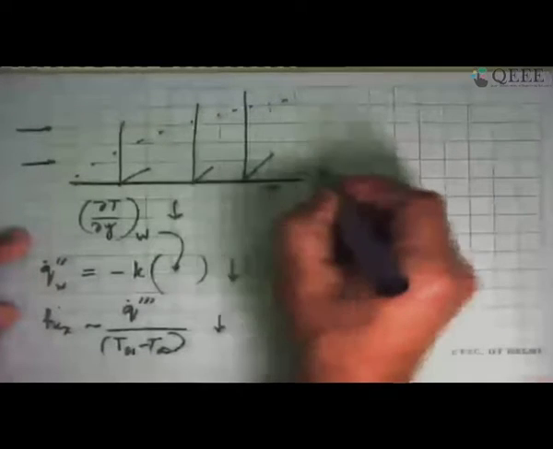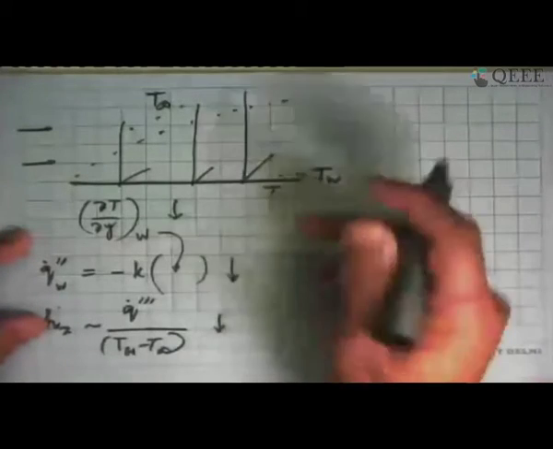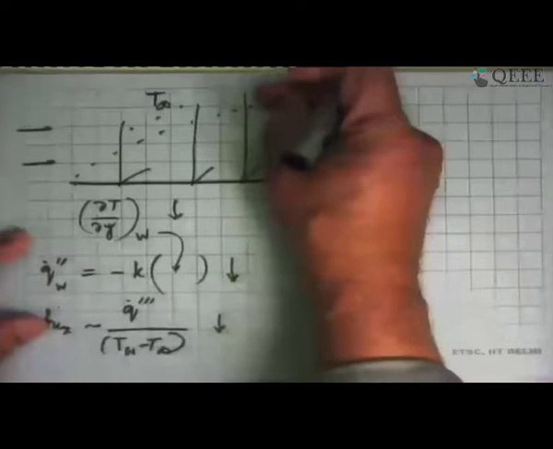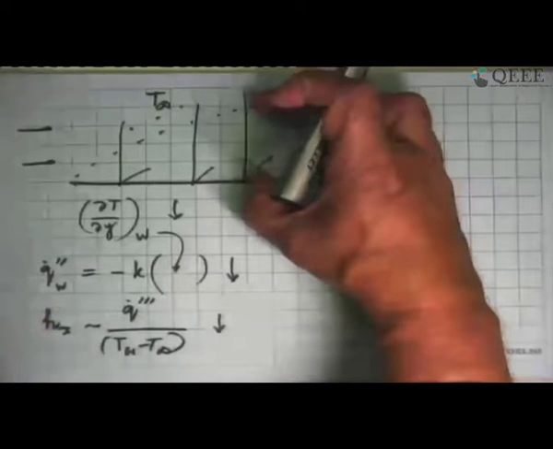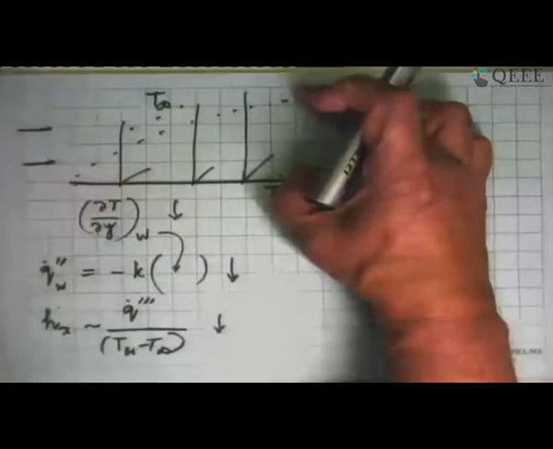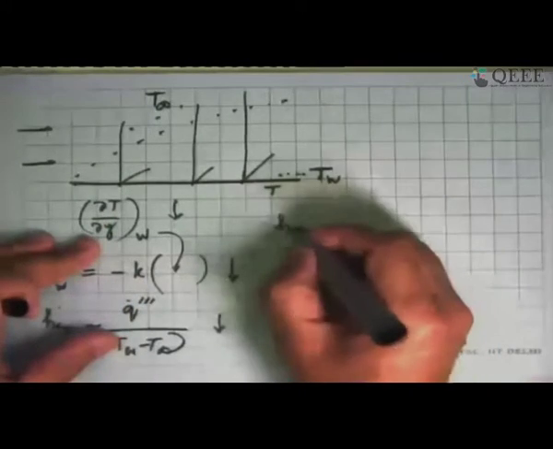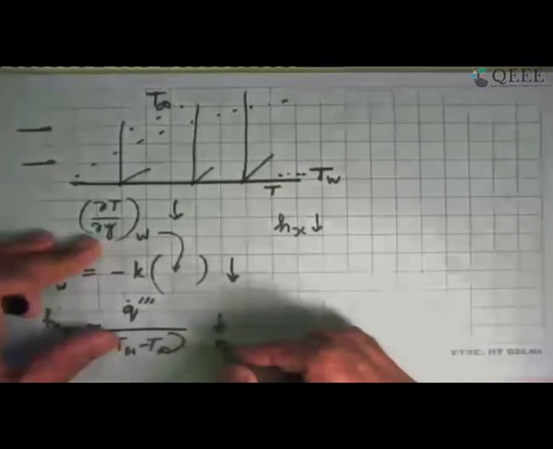A qualitative way of looking at it is that here you have fluid close to the plate at the wall temperature Tw. Far away here you have fluid at this temperature. This energy has to go from here to here, so it has to overcome this boundary layer barrier. Here the barrier is smaller, here it is bigger, here it is bigger. So in some sense you have more and more resistance for energy flow from here to this plate, and that also tells you that hx has to go down.